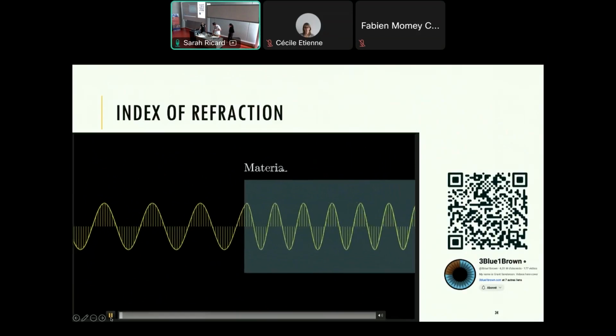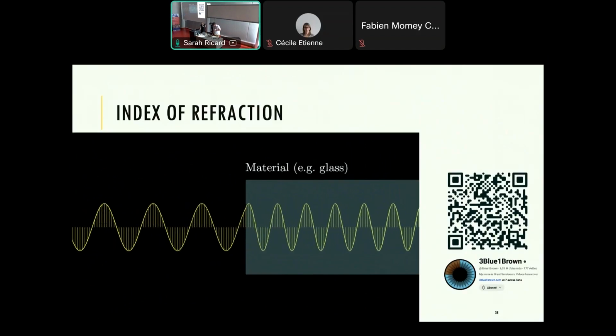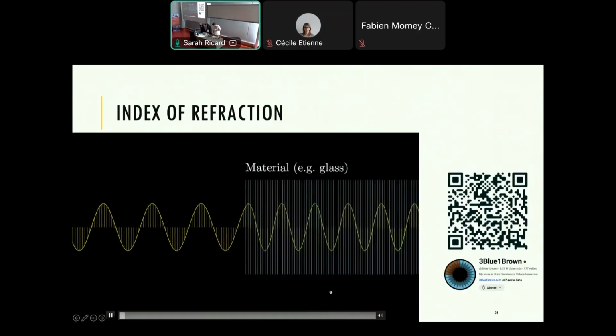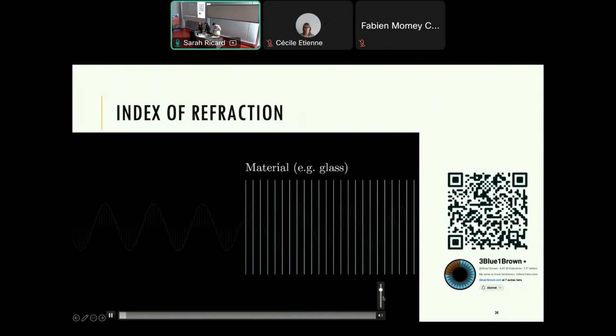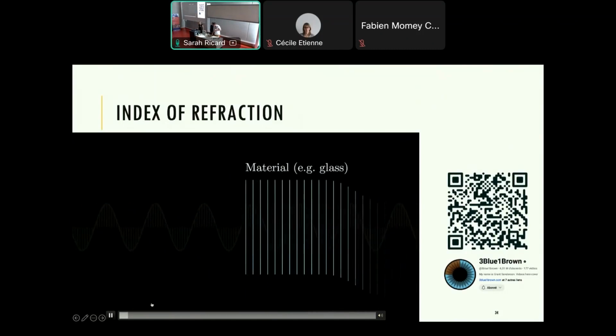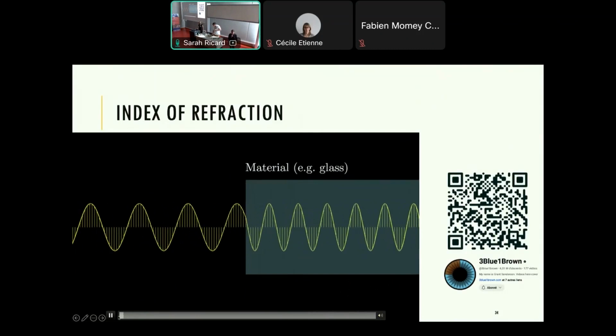And for this, I want you to think of your material, like glass, as being broken up into a bunch of distinct layers, all perpendicular to the direction that light is traveling. And we'll start by focusing our attention on the effect of just one material, like glass,